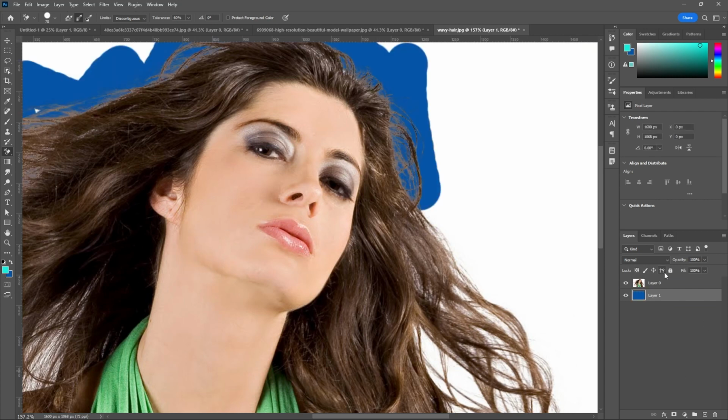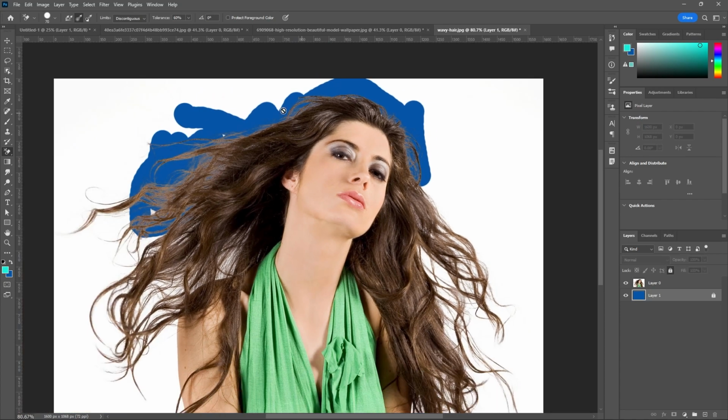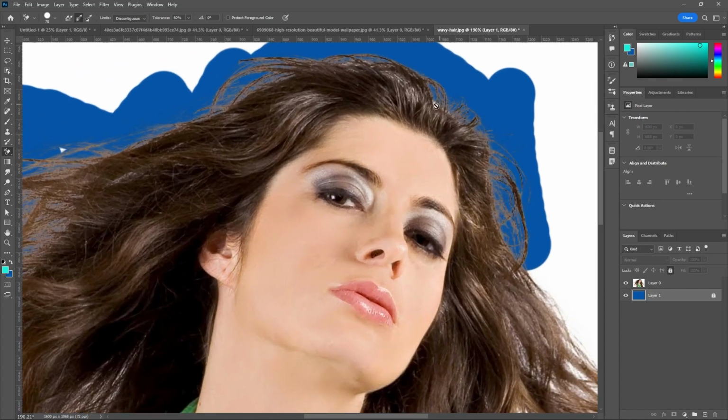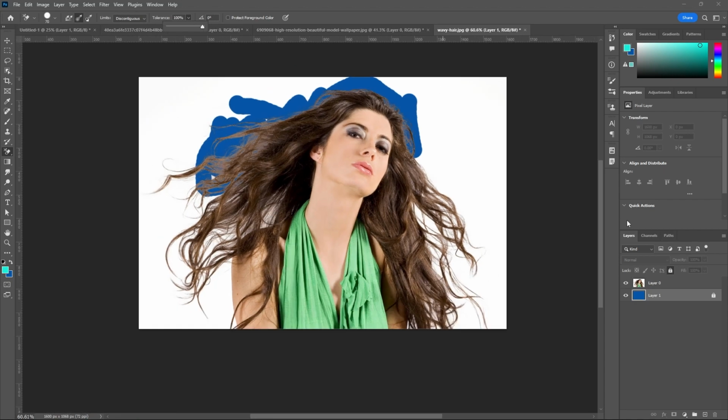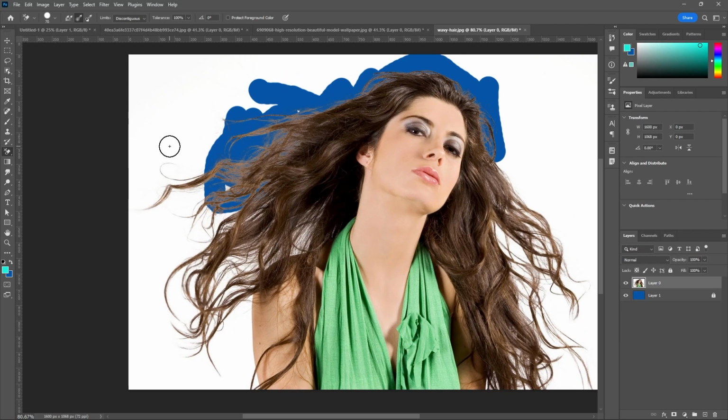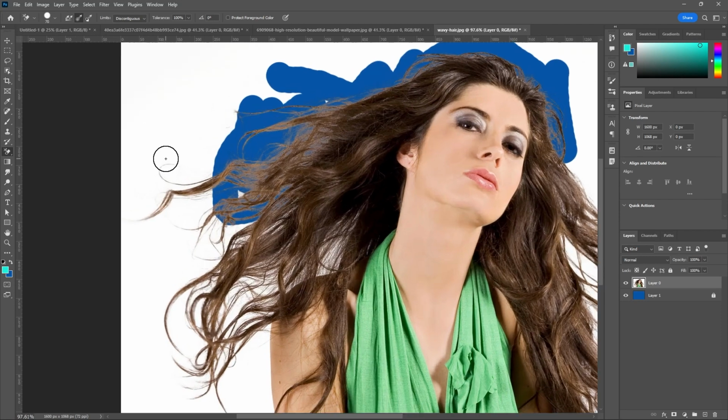See here, very beautifully, very nicely it is working. That too, it depends on the tolerance value. Suppose if I increase the tolerance value to almost 100%, how does it work? See, the tolerance value I'm using. So click on the white color, sampling once, and come onto a hair portion. So if you observe,